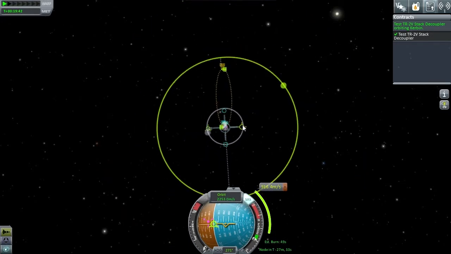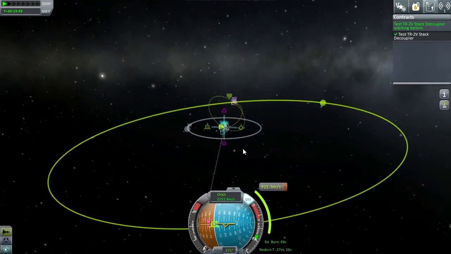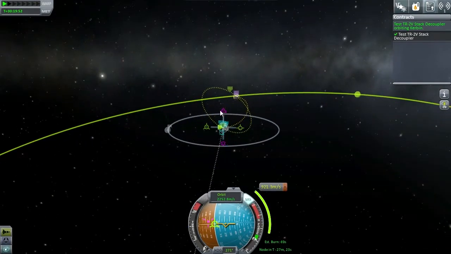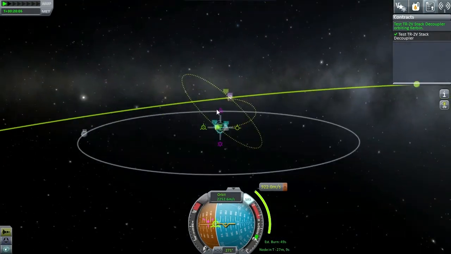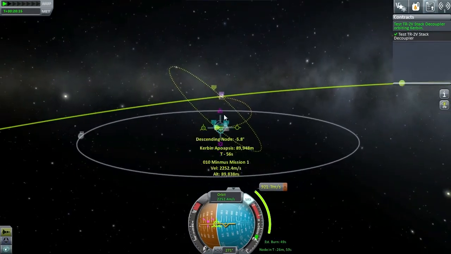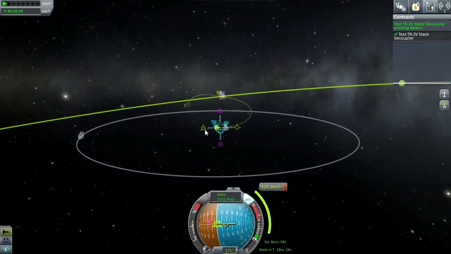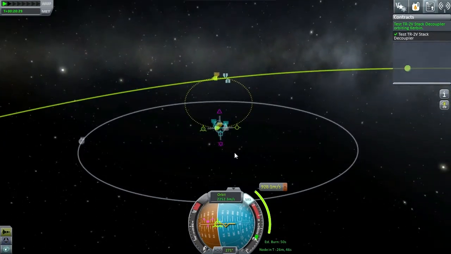Extend this out. Whoops, I actually accidentally scrolled my wheel on one of these somewhere. Oh no, never mind, that's happening because of our encounter. There we go. Alright, let me do this over again, because that